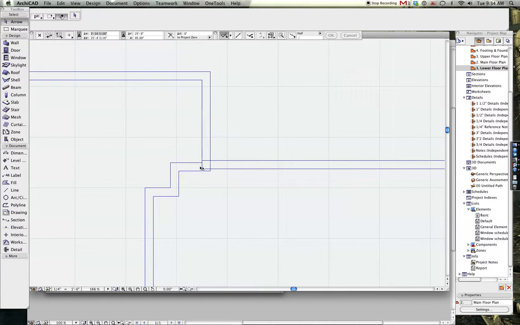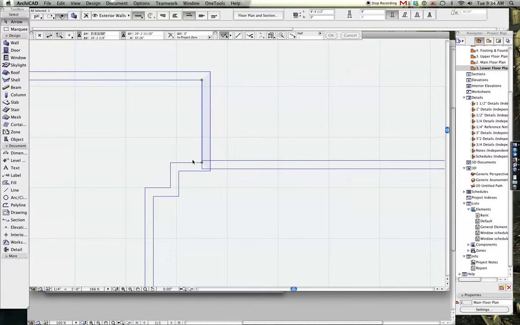Okay, so you can see something happened here. We hit Command Option I, but it messed this up. What you do is you select this wall, and you have two options. Basically, we're going to adjust it to this wall. The easiest way to do that I found is to hit the number 3 key,